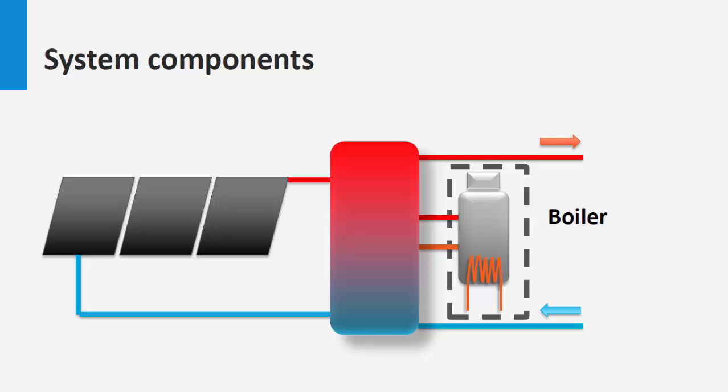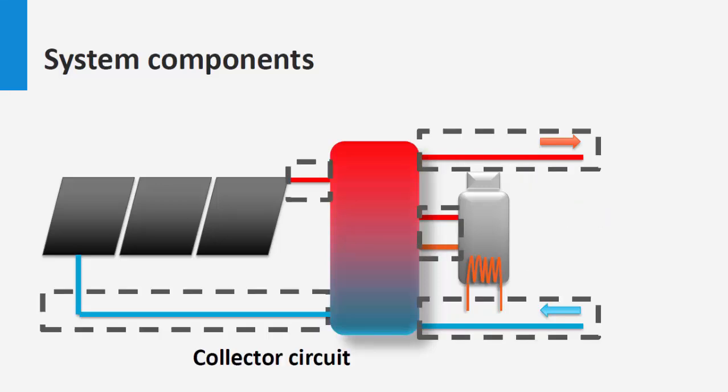We have discussed how to collect and store energy, but we also have to transport it. The collector circuit usually transports heat using either a liquid or a gas. The optimum medium should not freeze or boil at operational temperature. It should have a large specific heat capacity and low viscosity, and it should be non-toxic, cheap and abundant. The most common fluids then are water, oils or air.